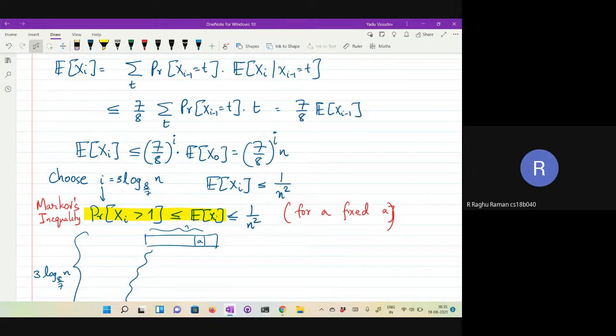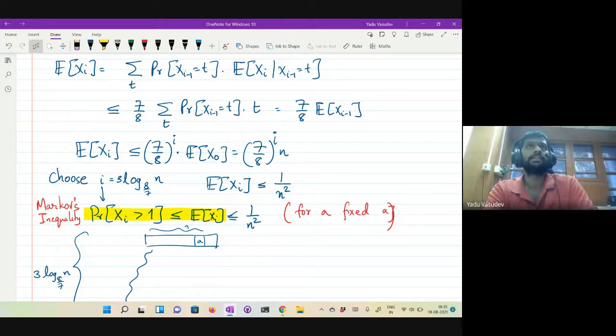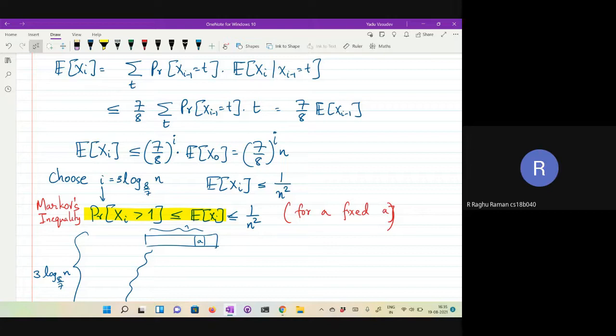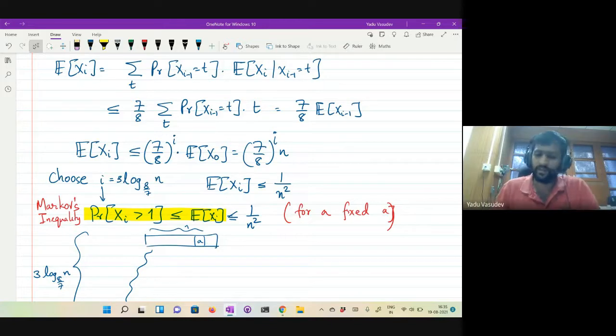I see. So you'll maximize over all possible values of K. K can go from 0 to T, right? Yeah. I think K equal to T by 2 will be the maximum value. Okay, I see. So maybe we can see that. Maybe you can just share it also. Let's see that. That's a good point.